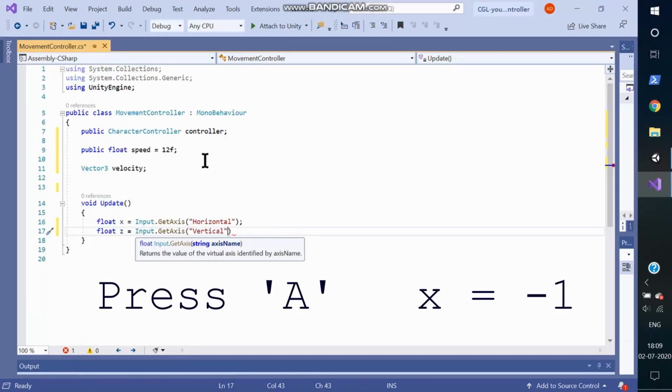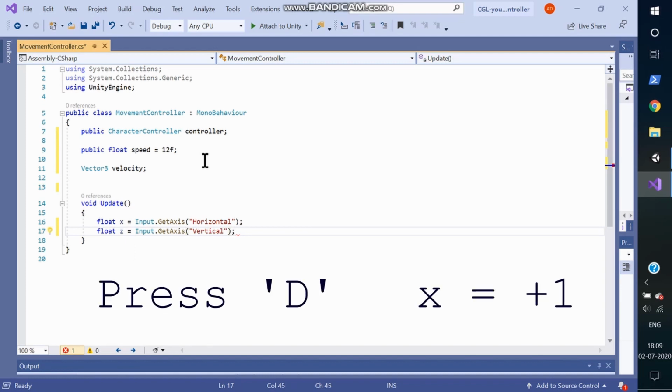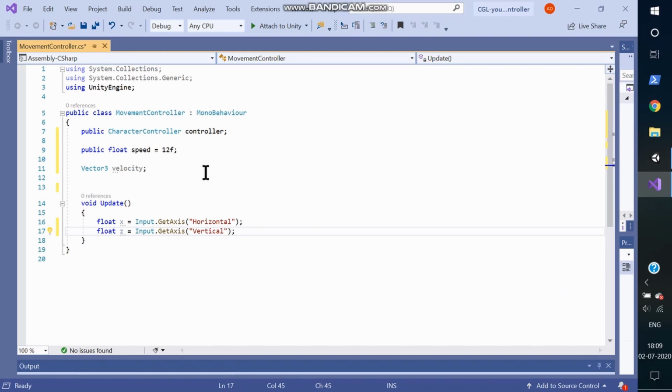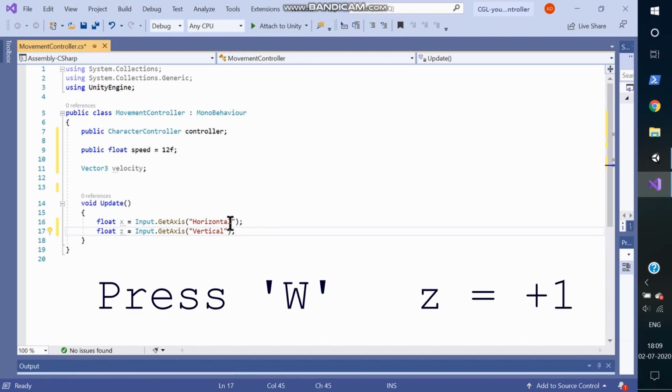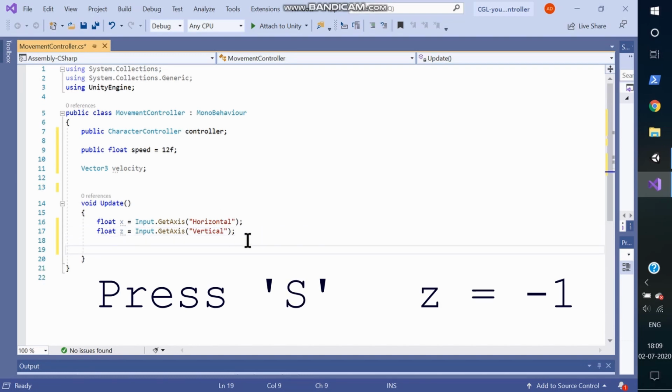So this bit of code just assigns the value -1 or +1 to the variables x and z based on the keyboard inputs. So if we press A, x would be -1, if we press D, x would be +1, and similarly if we hit W, z would be +1, and if we hit S, z would be -1.